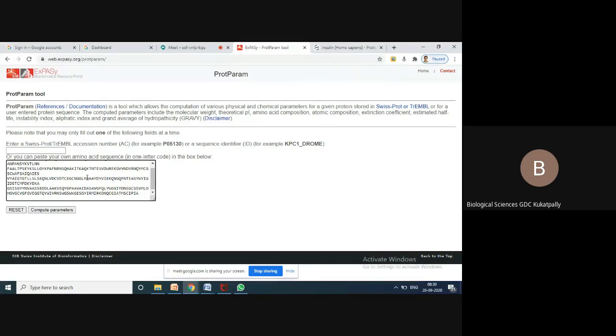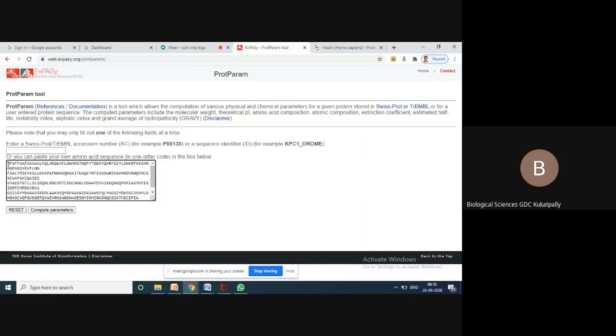This is the place where you can paste your own amino acid sequence in one letter code, right? How you have to obtain the one letter code, I just showed you in NCBI. You will practice it later. Now please don't worry about that. Now you only need the physicochemical properties of your protein. Whatever sequences I allot you, you have to paste your protein sequences here, right, from the starting. Methionine is the starting amino acid for most of the proteins.